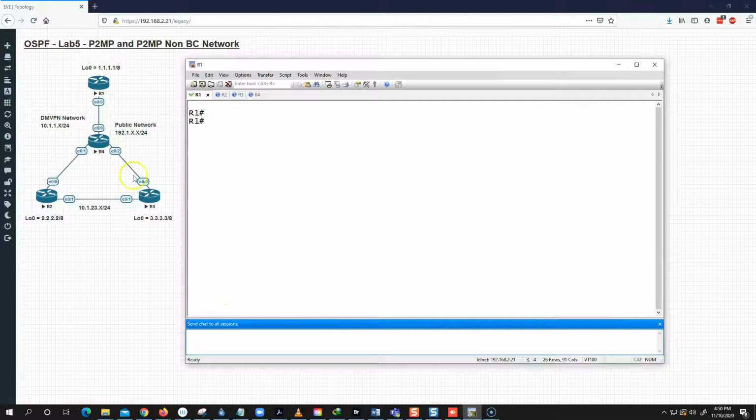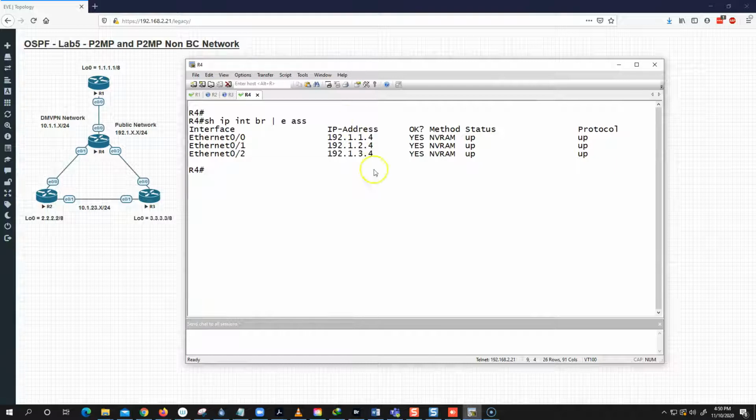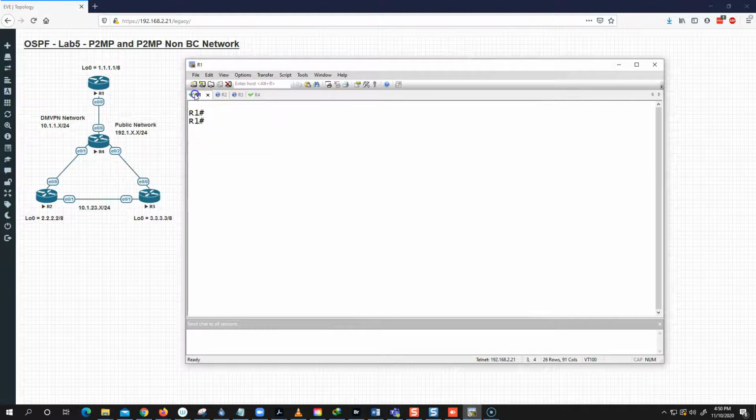Now in this topology, as you can see, router 4 is acting as an ISP. So if I look at the interfaces I configured here, you can see that I have the 192.1 network here. For router 1 it's 1.4, for router 2 it's 2.4, and for router 3 it's 3.4. Now based on that,